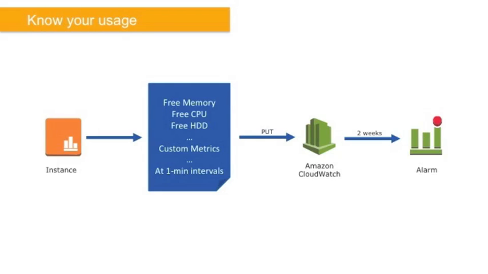You can push custom metrics into CloudWatch, so your application can post into the CloudWatch API. So you might write business transactions processed or in a queue inside your application, for example, into CloudWatch, and allow that to drive some of the fundamental metrics that you're going to use to tune the instance sizes in play, to choose the density of transactions, for example, you can process on a given instance. And you can do all of this at 1 minute intervals, so you've got quite fine-grained granularity around the metrics